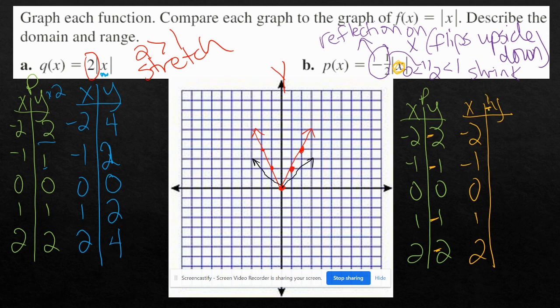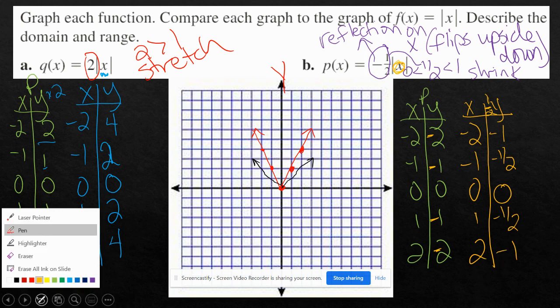After that, we're multiplying y by 1/2, or taking half of it. So half of negative 2 is negative 1. Half of negative 1 is negative 1/2. Half of 0 is 0. 1/2 and 1. So what that looks like on our graph,